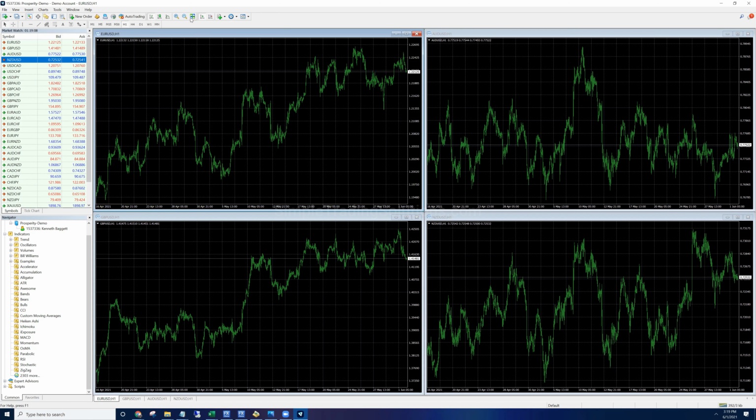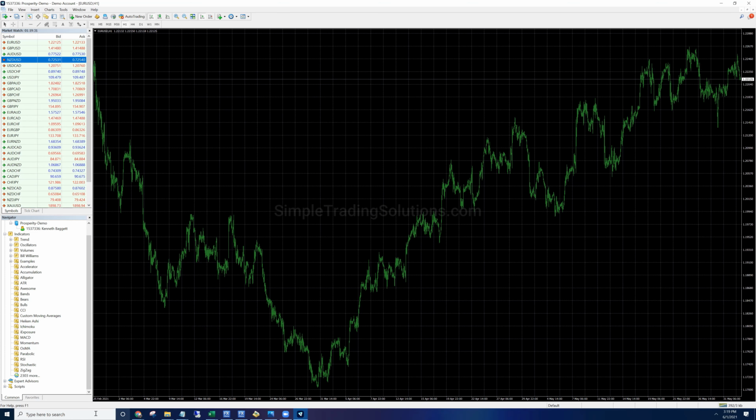You can apply indicators to all these charts independently. Each chart is independent of another one. Just because you added an indicator here doesn't mean that it's going to be moved onto this one. If you want to do that, what I recommend, and this is what I do, is I try to run on one chart. So I'll set up my one chart exactly the way that I want it. I'll put my indicators on here